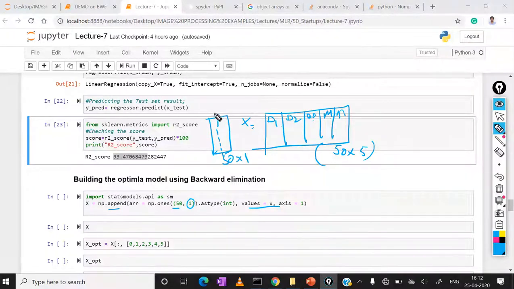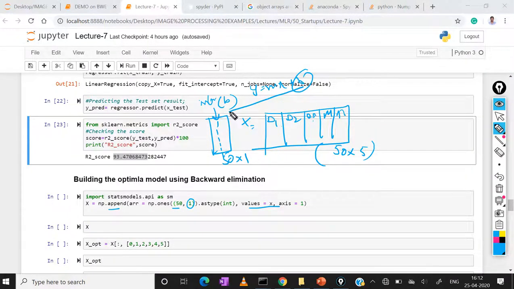This line is nothing but the intercept, the b value in y equals mx plus b. The system will not assign the b value in this backward elimination method, so we have to assign it manually: 50 comma 1 as integer type, all ones. These 50 rows of 1 values are appended to the x value.